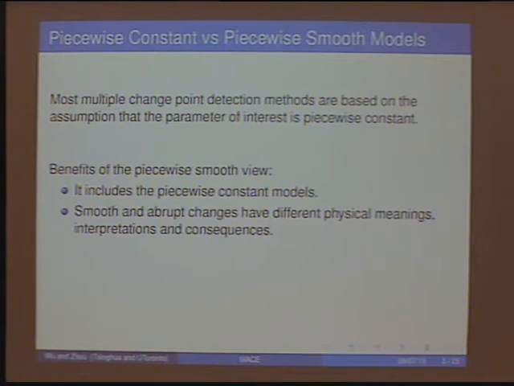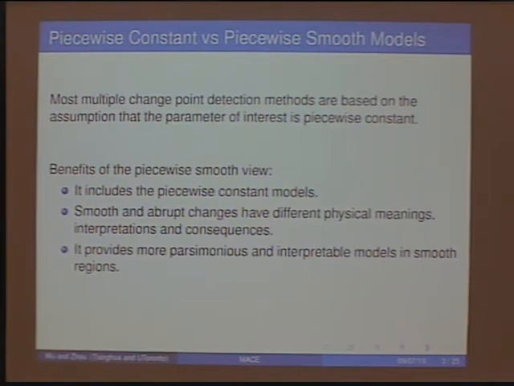Another view is that it's very important for us to distinguish smooth changes and abrupt changes, because those two kinds of changes have different physical meanings, different interpretations, and different consequences. So it's not good to think about only one of them. The third thing is that if a time series data generating mechanism is really smoothly changing, and you force it to fit a piecewise constant model, then it's actually not so